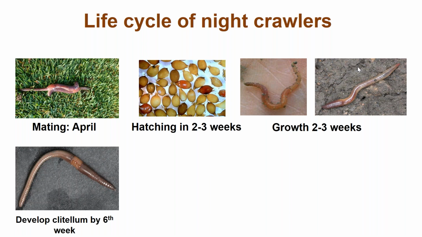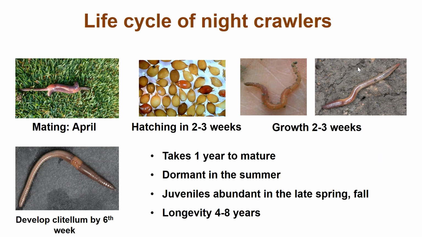So it's relatively short time. But because the European earthworms are usually more tolerant to the cold temperature, they don't tolerate high temperature. So for them, it takes only 1 year to mature, because during the summer, when it's hot and dry, they go dormant. They don't do anything, they're not active, and they go a little bit deeper to kind of stay alive and